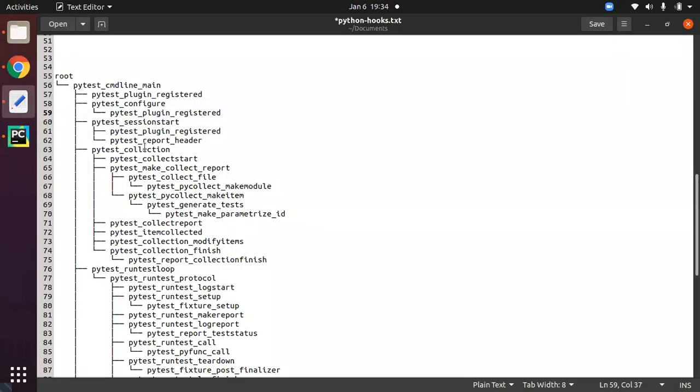When compared to the last session, you have seen the PyTest command line main, which will have the config object. Then it will execute pytest_plugin_registered, and it will go through all the plugins and their pytest_configure. If it is available, it will execute the configuration for the particular plugin. It looks like the first execution of the plugin registration is repeating again. But it's not, because it will register your session object first. Then after that it will start executing all your plugins. If the plugin has the configure, then it will execute the configure before the plugin is registered.